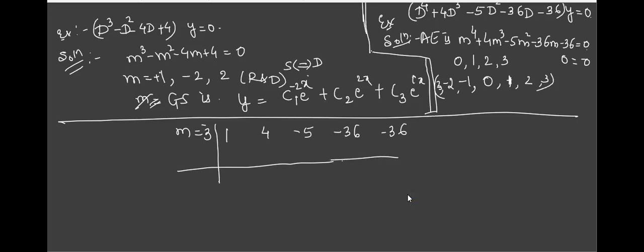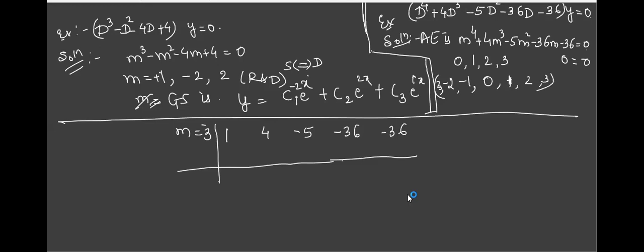Now suppose one of the coefficients is not there. Suppose the m square term is not there. But still you should write the coefficient as what? If the m square term is not there, what is the coefficient of that? 0. So it has to be written. That is the compulsory part. So that means if you have the highest power as 3, you should write 4 coefficients. If the highest power is 4, you should write 5 coefficients because it includes even the constant.